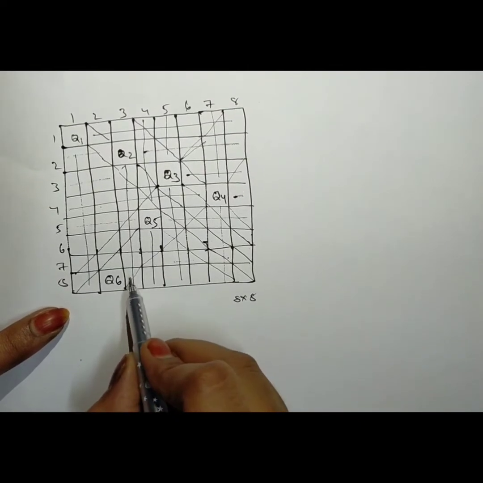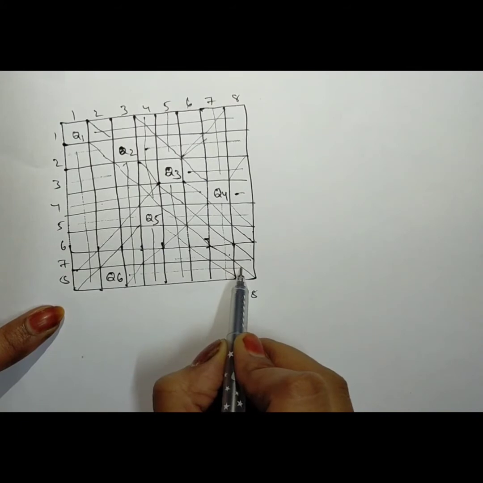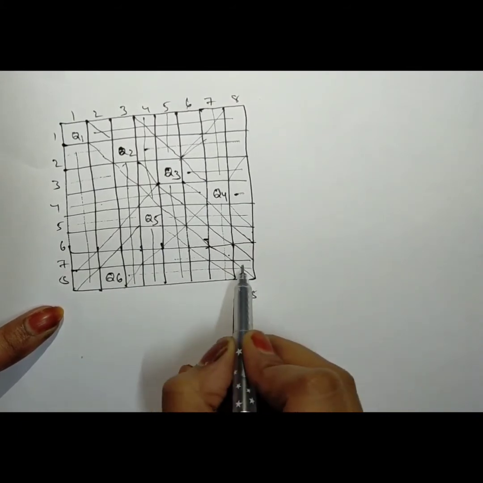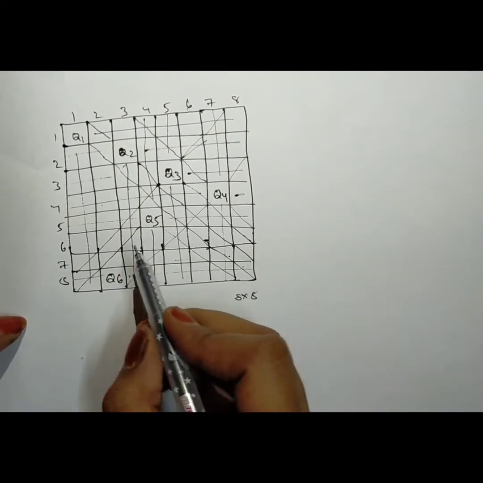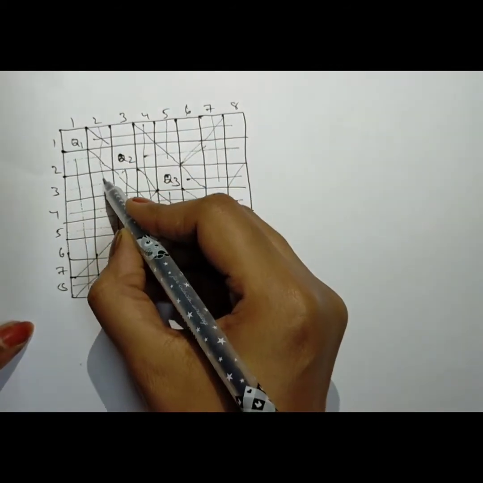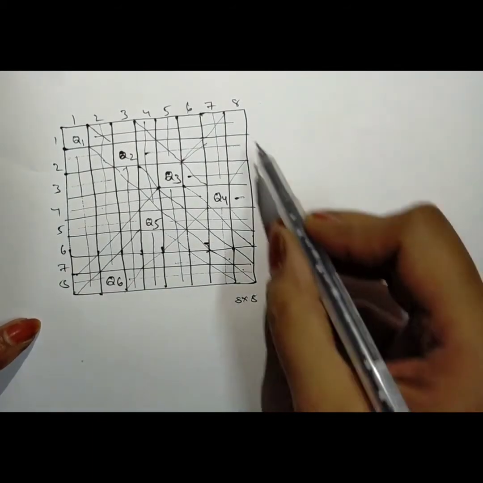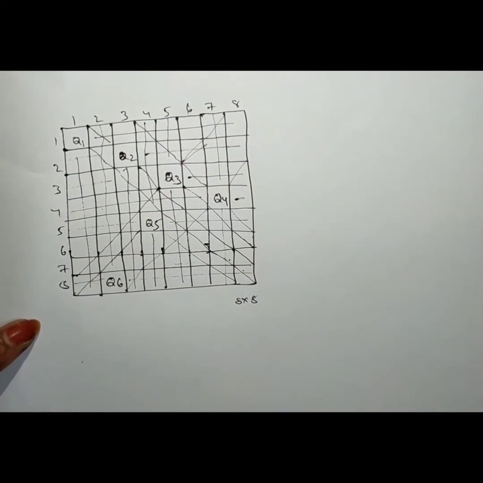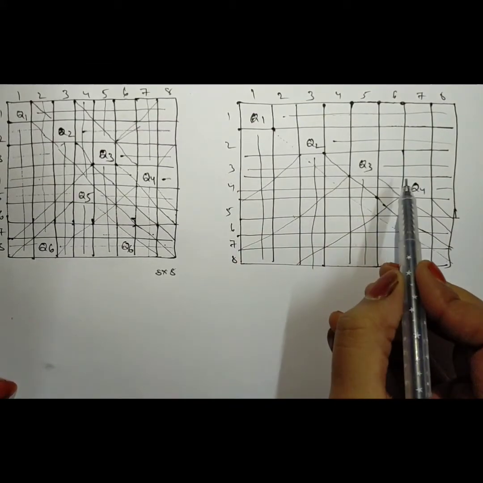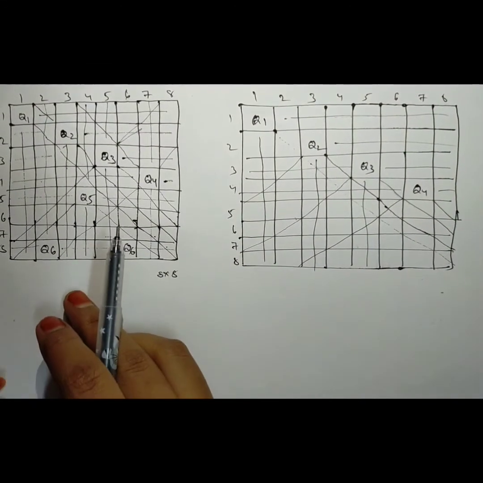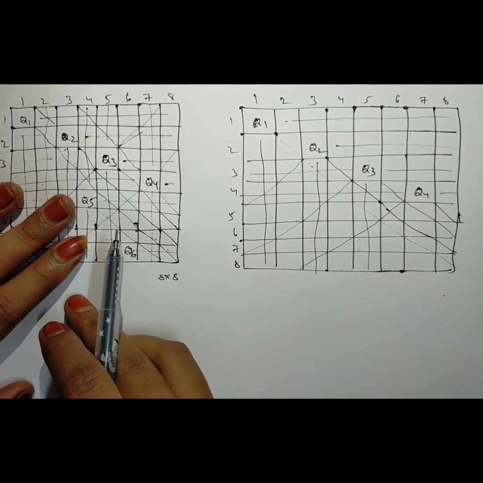Okay. For placing the 7th queen, I am checking the possibility. Here we cannot place the 7th queen as it is in the same row. Here also you cannot place the 7th queen. Here also you cannot place as it is representing the same column. For placing the 7th queen, we don't have a single cell left. So the positions of 4 queens remain as they are, as I have shown in the first matrix representation.